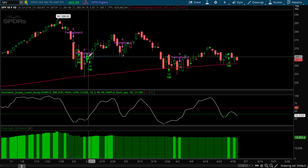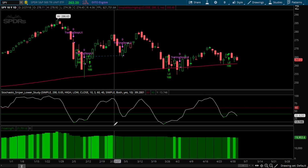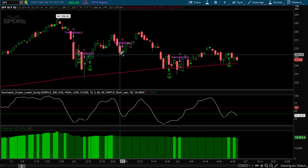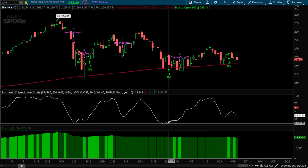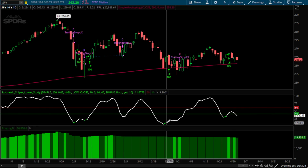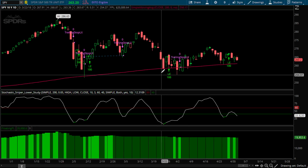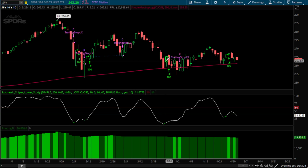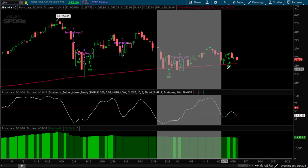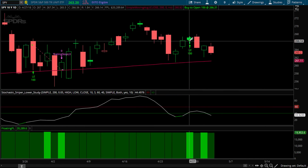And here we got a long entry, and then we got a trailing stop. You can see we didn't lose that much because it actually surged, and then it kind of came back in. And you can see we had the entry again. Again, it's oversold, and it ticks up by 5%, the stochastic, and we're trading above the 200-day moving average, and that triggers a long signal. Now, just a couple days ago from when I made this video, we had another long signal, and I actually